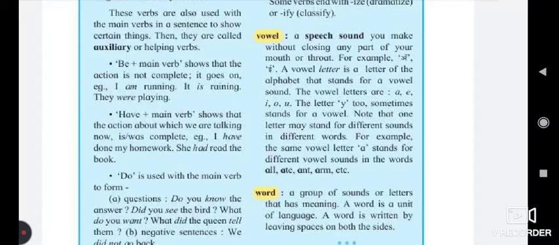Have plus main verb shows that the action we are talking about is complete. Do is used with main verbs to form